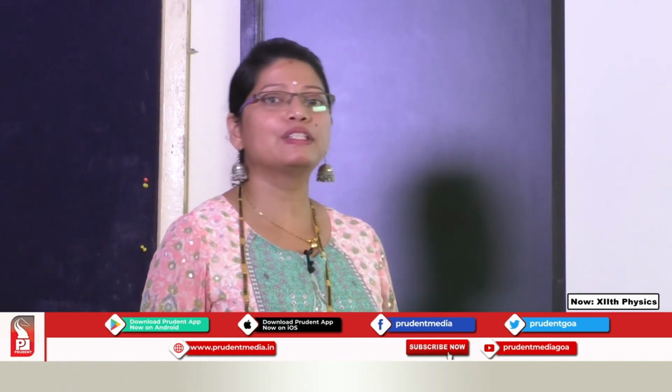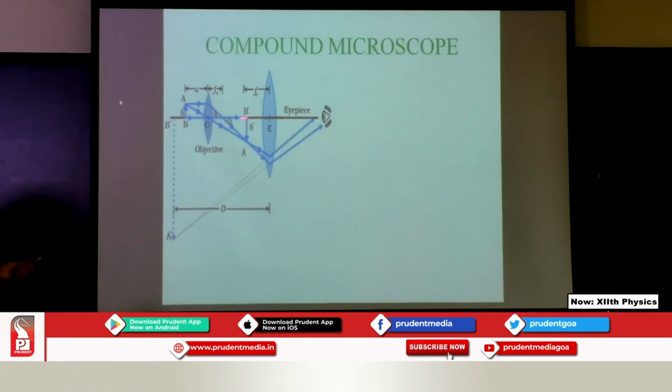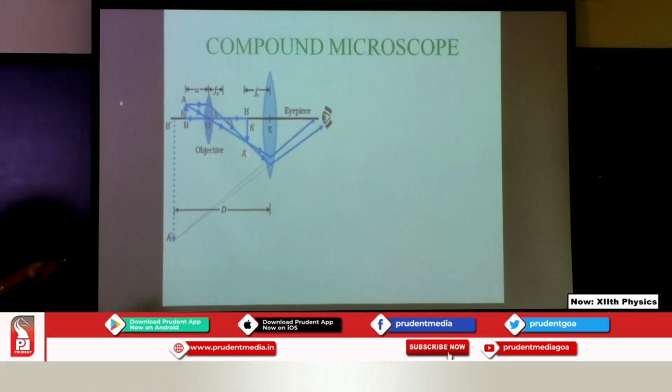Now, in a simple microscope, we just use one simple convex lens, and we get a certain magnification. Let me tell you, the magnification is inversely proportional to the focal length, and in a microscope we use a short focal length, but there is a practical limit to how short you can go to increase your magnification. So, instead of that, we move on to the compound microscope, and we choose two lenses,